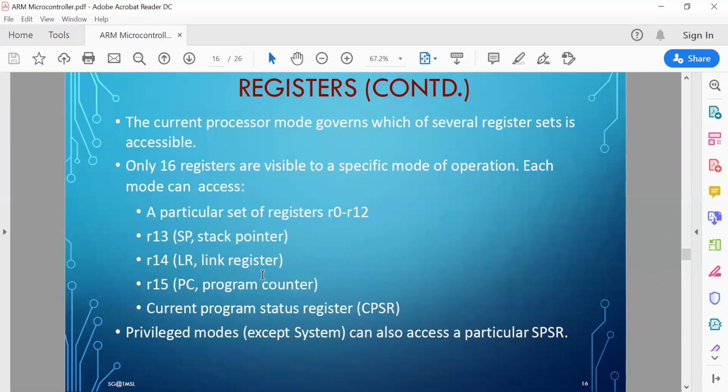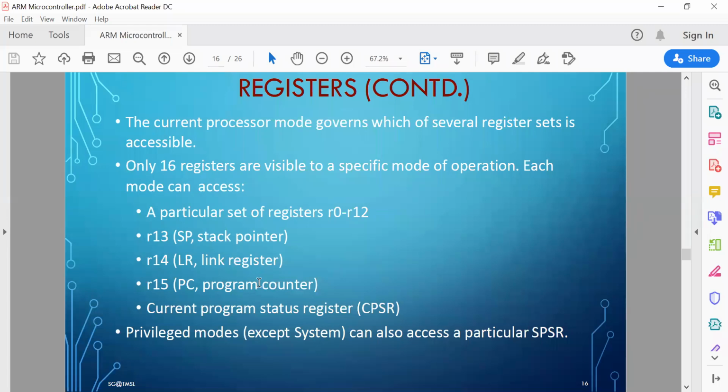For a conventional processor, the value of the program counter is pushed into the stack, but in this case there is no stack, so there is a special register called the link register. Okay, R14. The value of the program counter gets copied into the link register. Now, whenever there is a subroutine call and when you are returning back from the subroutine, whatever is then in the link register is copied back into the program counter.